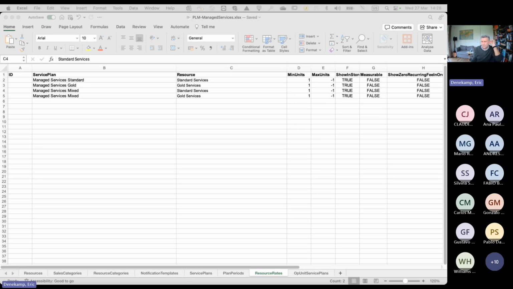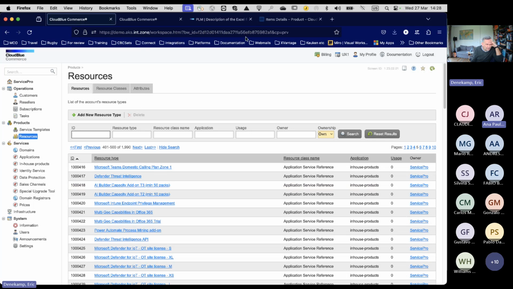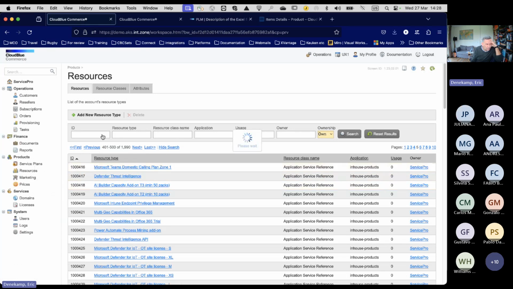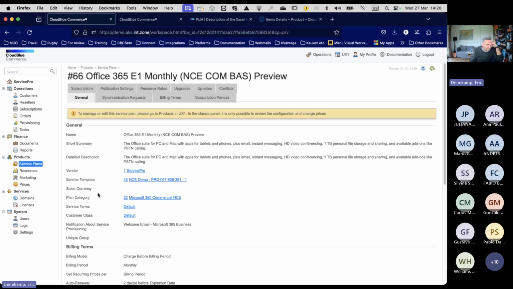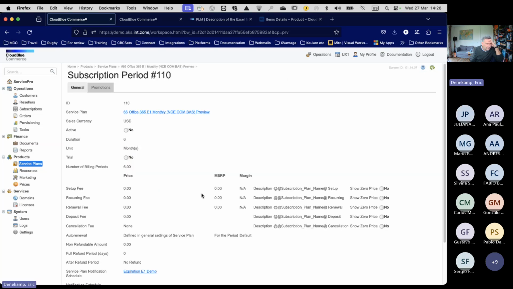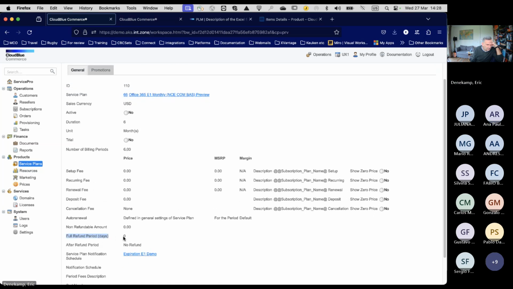Refund period, quite a few. Yeah, basically, I'm starting with the second one. The unit is always days, let's be honest. What we do is, instead of filling it manually using the UI, let me go to subscription periods. Where is it? Here. Instead of filling the UI manually, we're now doing it through an Excel file. So the refund period is basically this field in the UI.